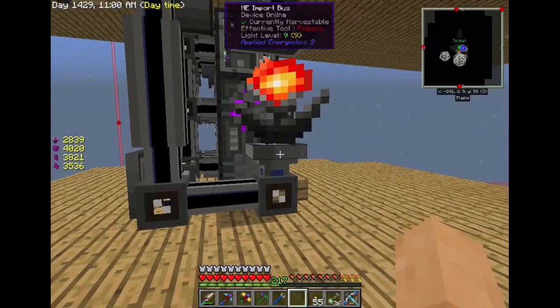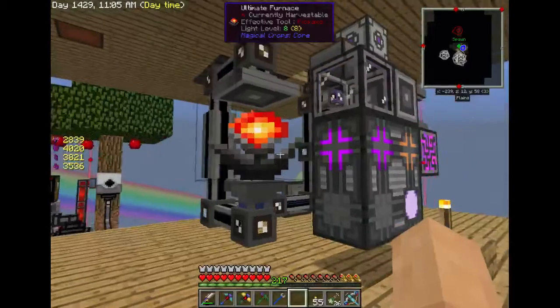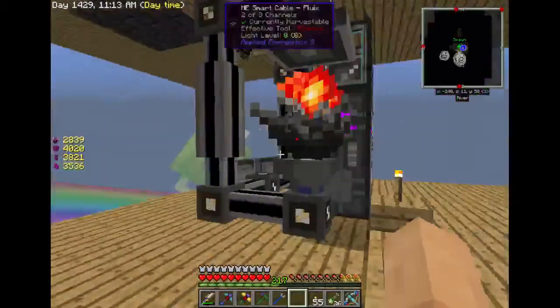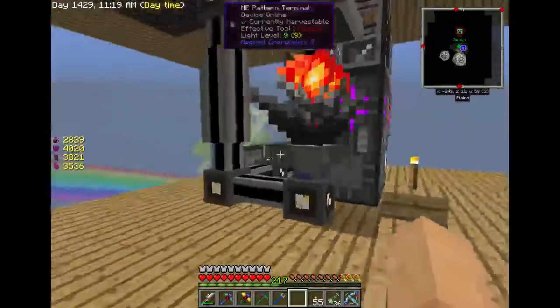I was not using an import bus originally. I just had an interface there because I thought, well, the interface works here to put the items into the assembler and back. Why doesn't it do the same thing here? Well, it's because this is from a different mod and it doesn't know how it's supposed to work. So anyway,